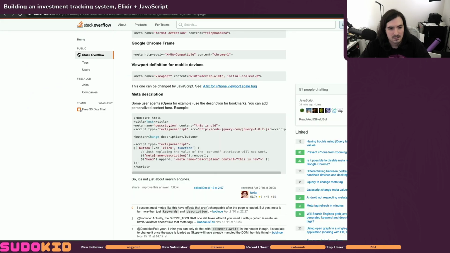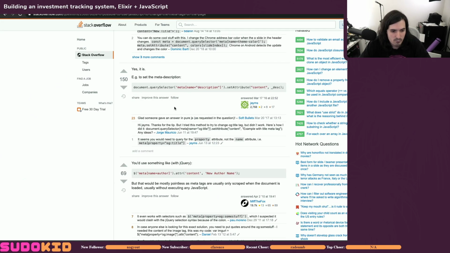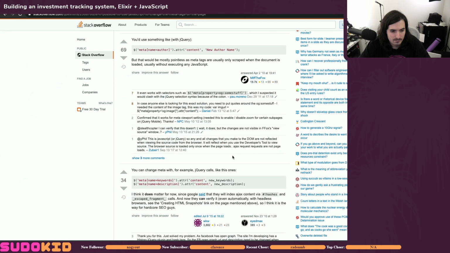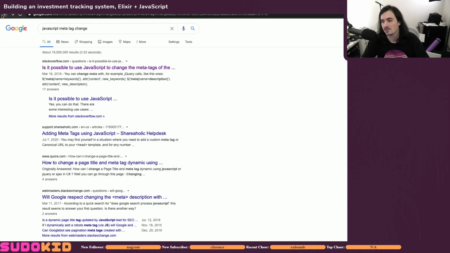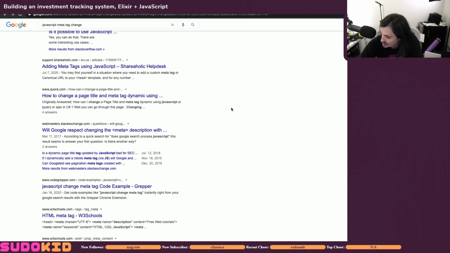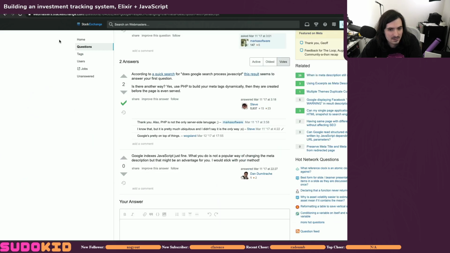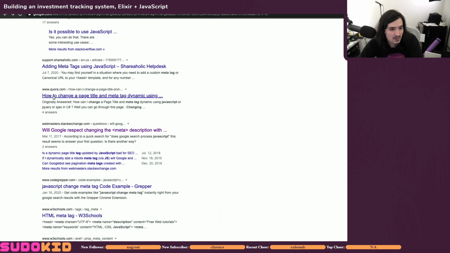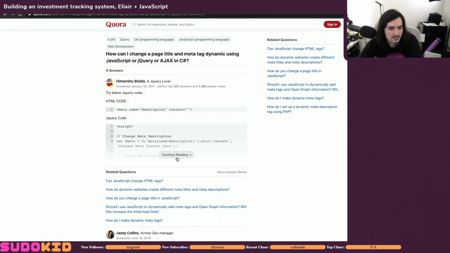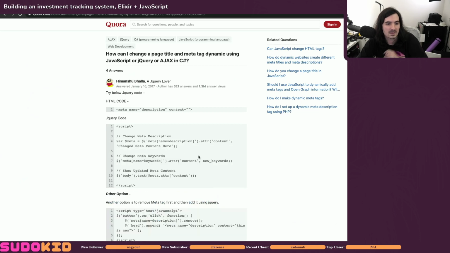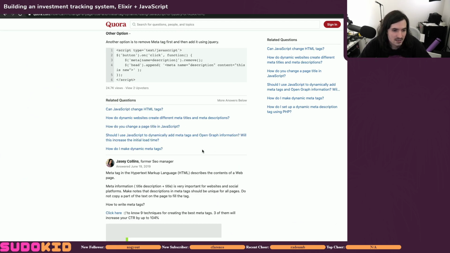It was not jQuery, but whatever. Let's see. Will Google respect changes? Cool. How to change a page title and metadata dynamically. Of course they're using that. Okay, so it's